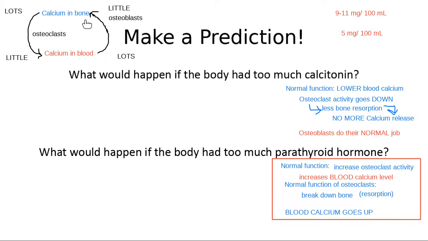When we're doing normal life in your cells, the rate that I build my bone tissue is equal to the rate that I break it down. Normally, these both stay steady. If I stop breaking down bone tissue and I keep building new bone tissue, that's going to cause the amount of calcium in the blood to go down because there's nothing to go back into it. Nothing's going to pull it back down.